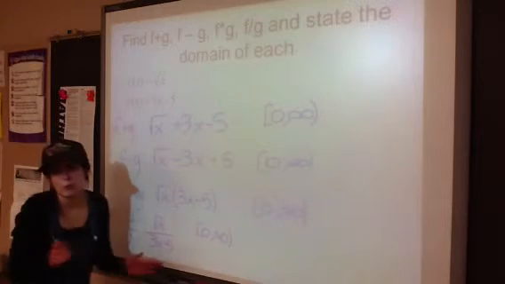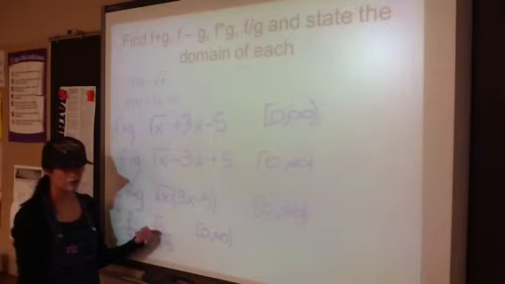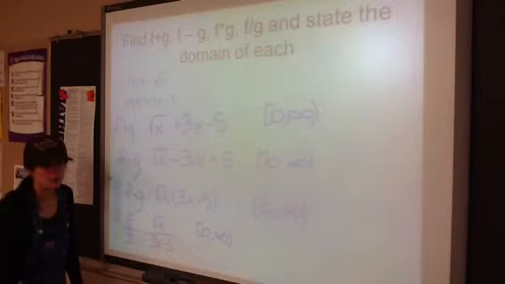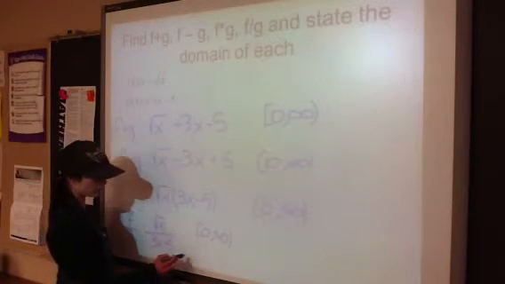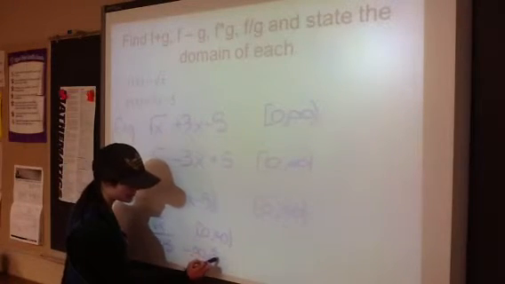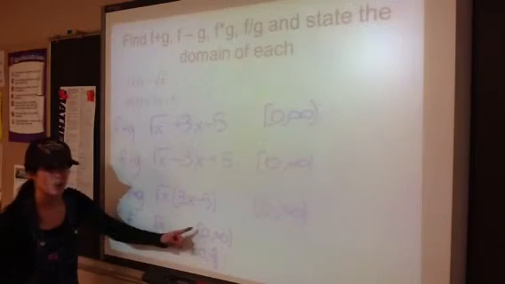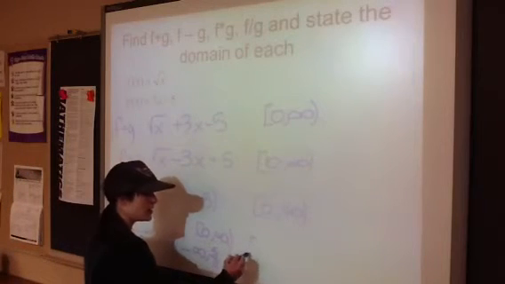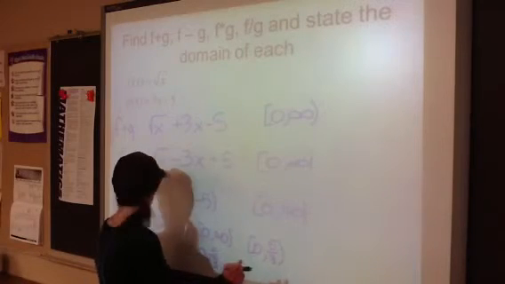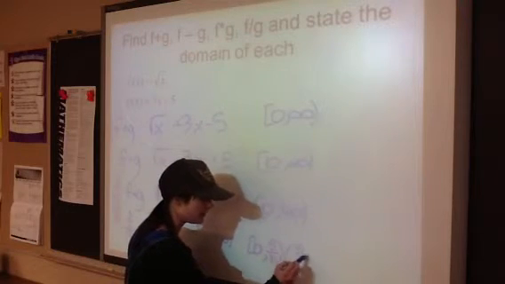Yes, I know with fractions all we worry about is the denominator, but if it's in the numerator, can I do the square root of negative 1? No. So you still have to include it in your answer. Then look at the bottom and what makes the bottom 0, and that is 5/3. So we need to go from negative infinity to 5/3 is normally how you write it, but we aren't going from negative infinity. We're starting at 0, correct? So I'm going to go 0 to 5/3, and we are going to include 0, but we aren't going to include the 5/3. And then we're going to pick up on the other side of 5/3,